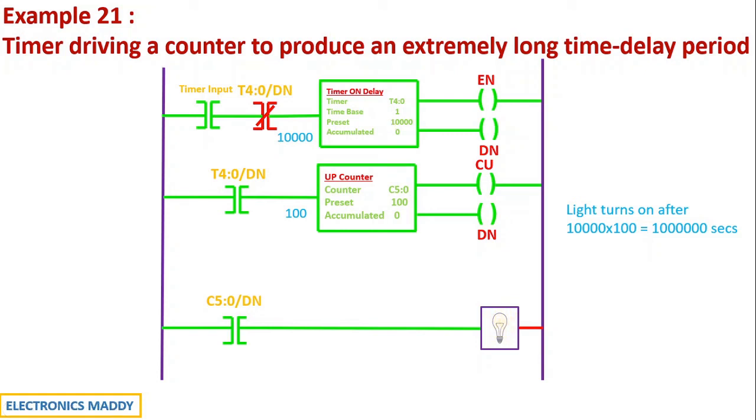The reason is because all of these timers or counters will have a maximum bit value that it will be able to store. So if you're considering a 16-bit PLC, then the maximum value that it can be associated with is 2 power 16, which is basically 65,536. So beyond that, it will not be able to count. So in that scenario, rather than having multiple timers, it's better to have one timer and one counter to count in this particular fashion, isn't it? So that is where this is very, very helpful. I hope this concept is clear and you were able to understand this program in a much better way.